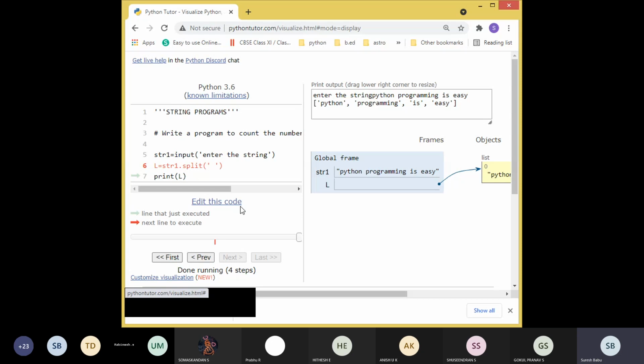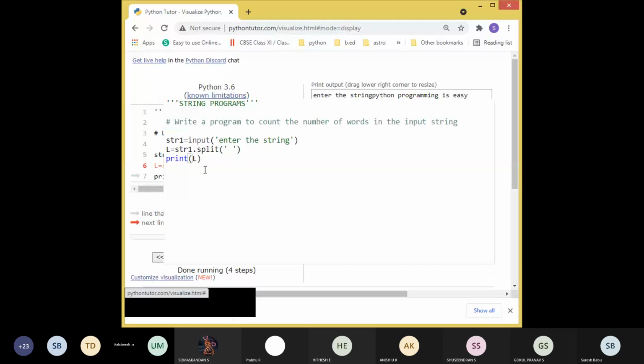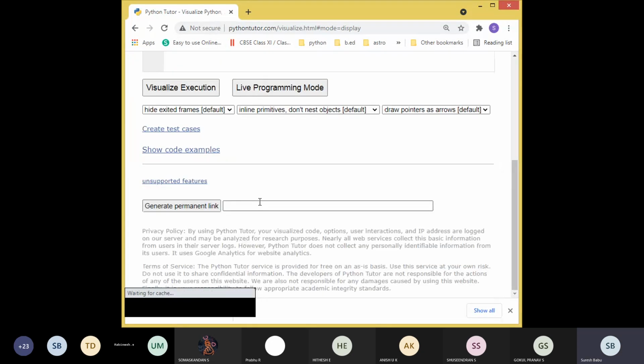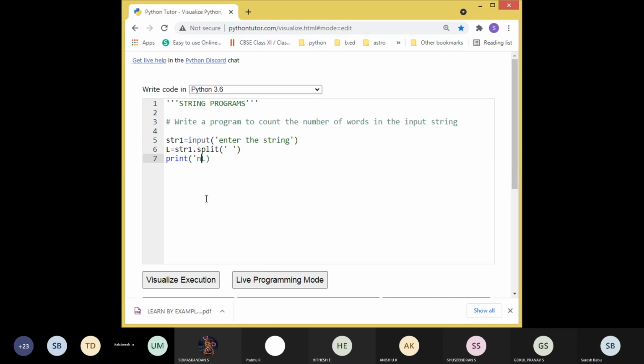Instead of printing the L, we are going to use len of L. Here you can give number of words equal to, then you can give len of L. Instead of counting the string, we are going to count the list we created by using the split function.